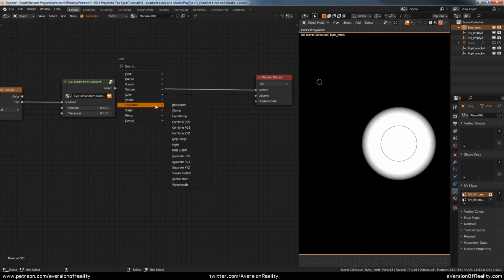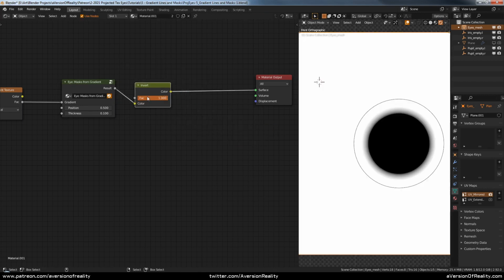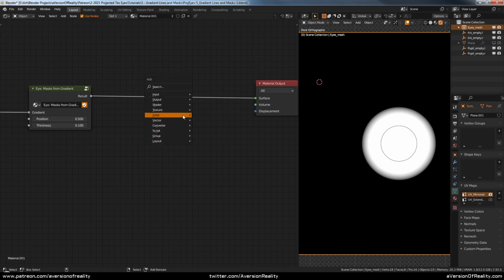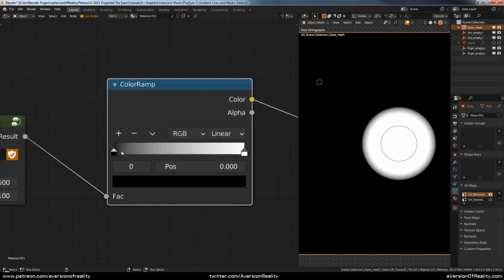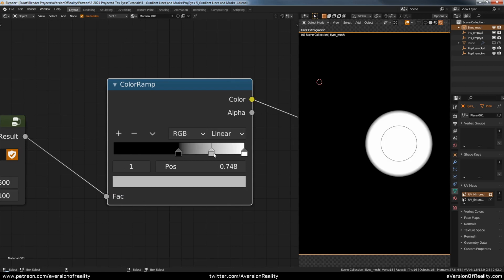So this gives us our mask for what's inside. And of course, we can just invert that to get what's outside. So the other thing we need is to be able to make a line from this gradient. With a color ramp, that's pretty straightforward. We create a third stop